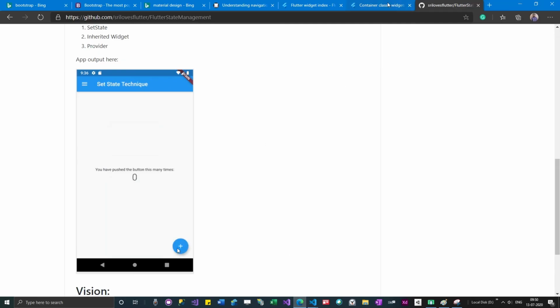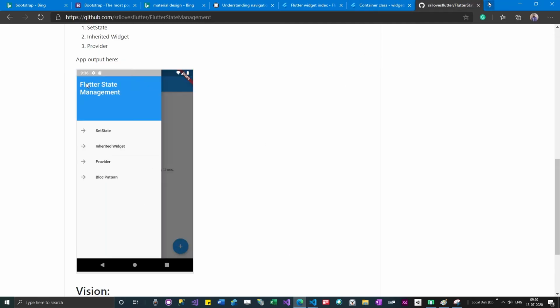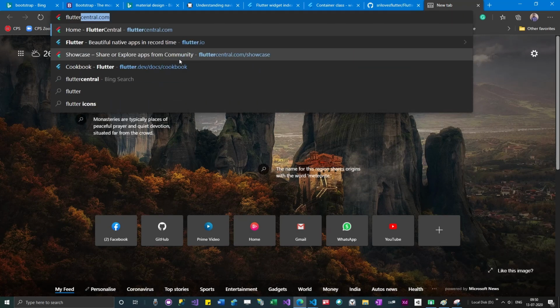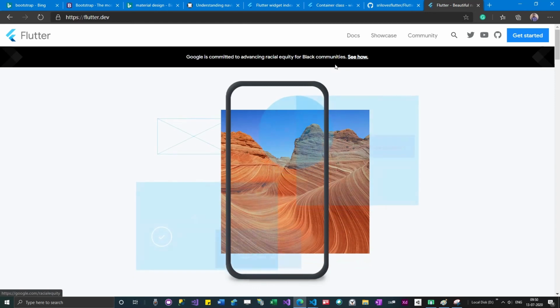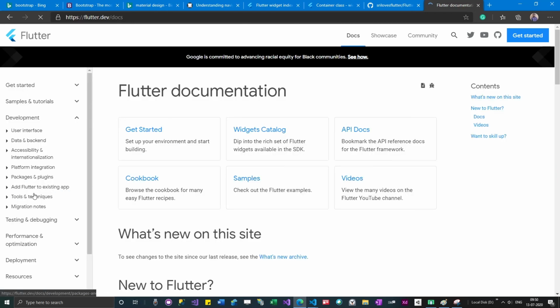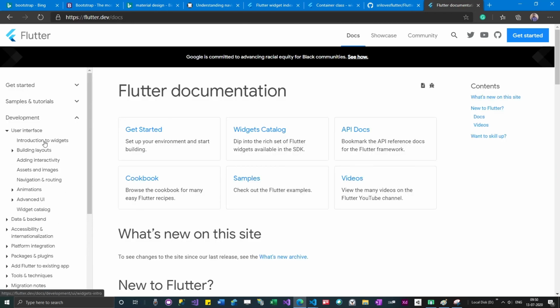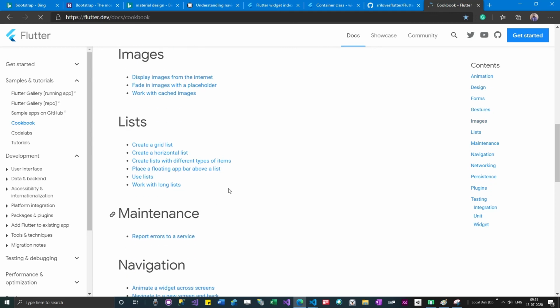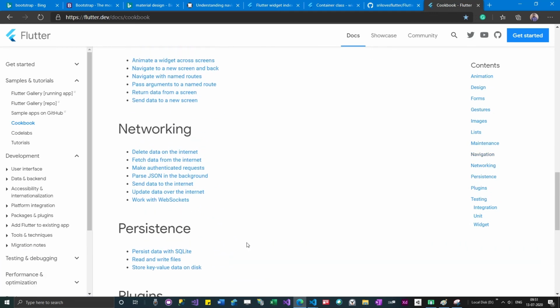What you can do is go to flutter.io. Five more minutes guys, we'll close it. Go to user interface, no sorry, development, tutorials, cookbook, and there are a number of examples which you can try.